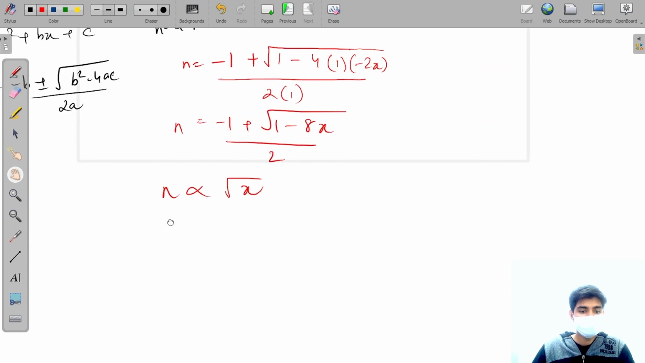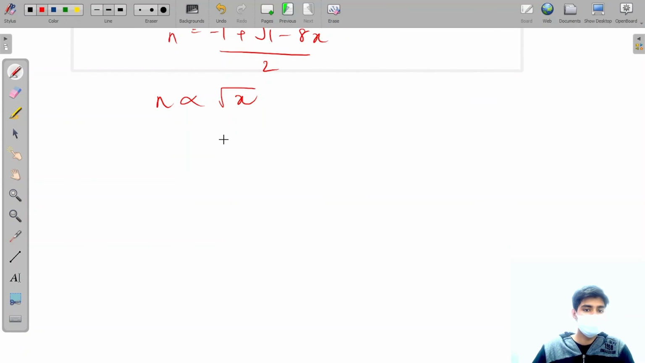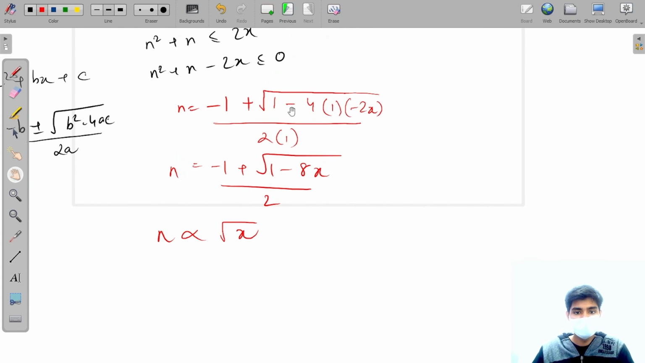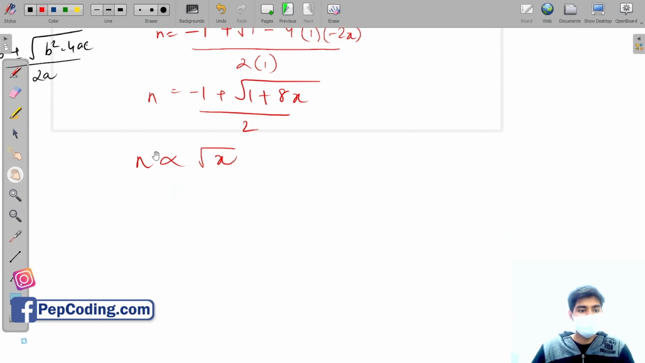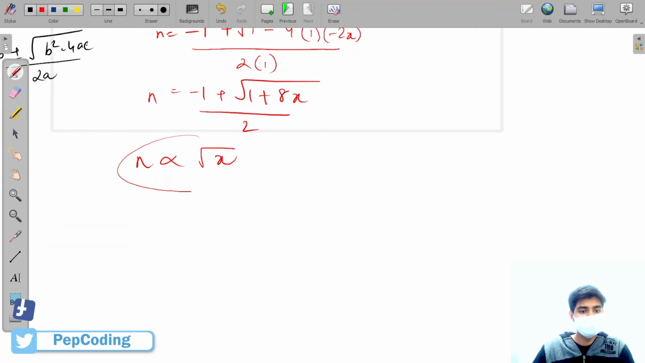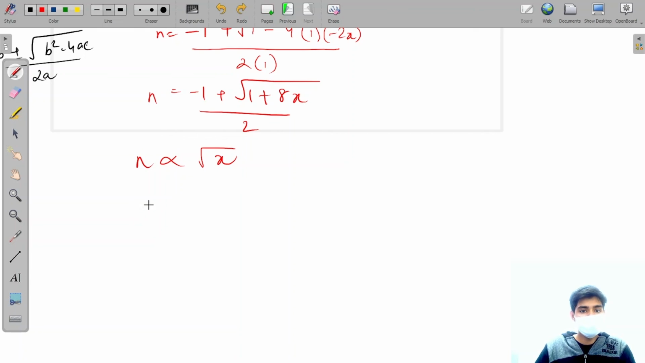So my total answer is: this will be 1 plus 8x. So n is directly proportional to square root of x. It means that my time complexity will be Big O of root x. This will be my time complexity for this question. So I hope you understand this question. If you don't, I would suggest rewatching the part if